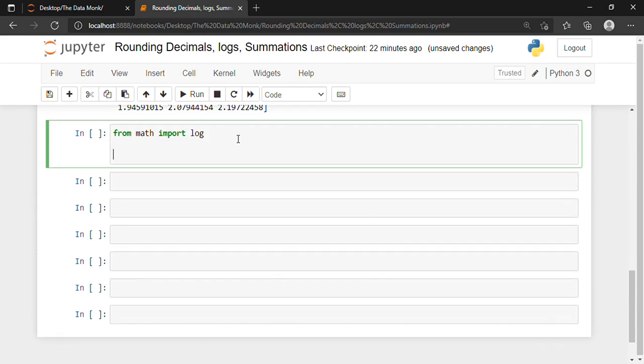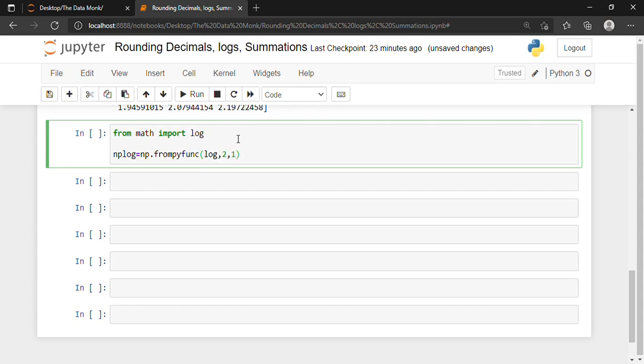And next I will write nplog is equal to np.frompyfunc, and inside I'll be writing log comma 2 comma 1.